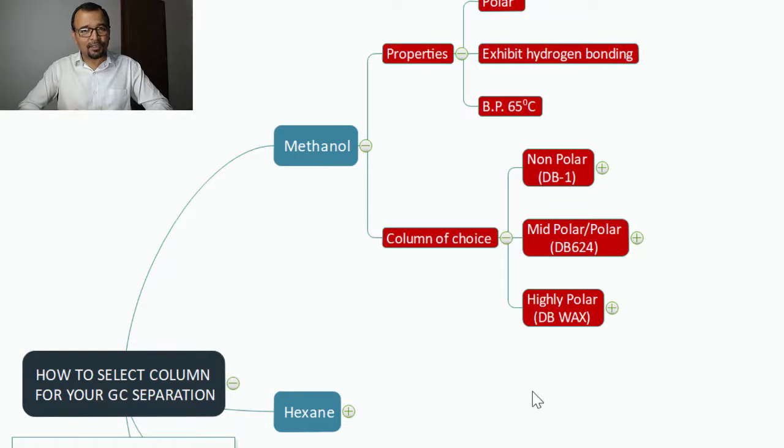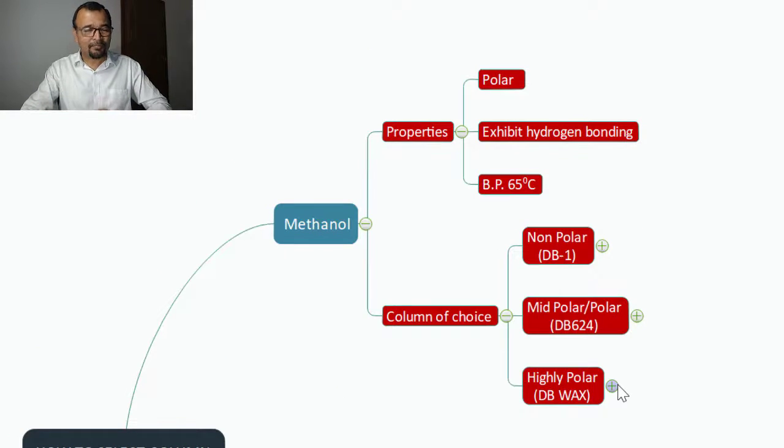So let us understand, if methanol is a polar compound, what does the law of like attracts like say? The law of like attracts like says that a polar compound will get attracted towards a polar compound. So methanol, being polar, is going to get attracted towards the polar stationary phase. And if it gets attracted towards the polar stationary phase, it will have more interaction and higher retention times with the polar stationary phase. So this is the first-hand information we now have just before beginning the experiment.